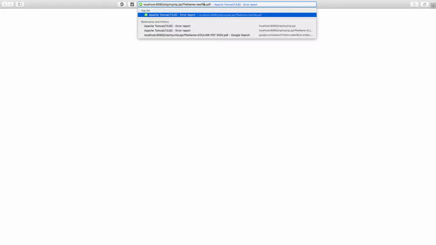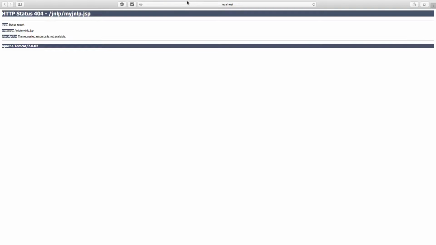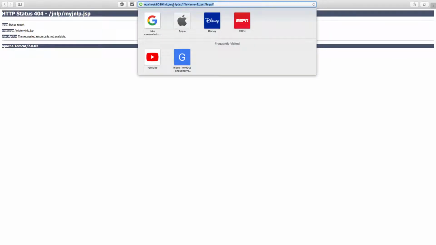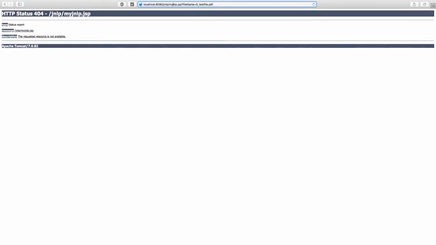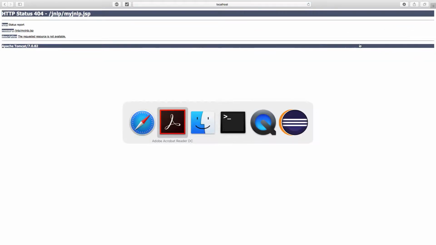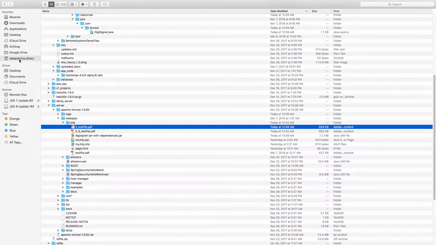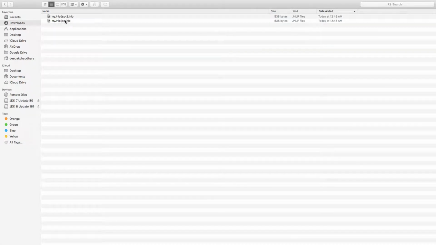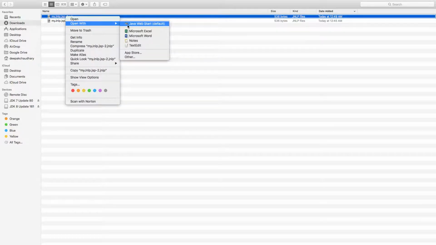And this time the file name is the name of the file that was already signed the first time. Okay, so this is due to case sensitivity. So we just got a new JNLP dynamically created. I go back to the download folder. So this is the one. Come here, I'll just click with